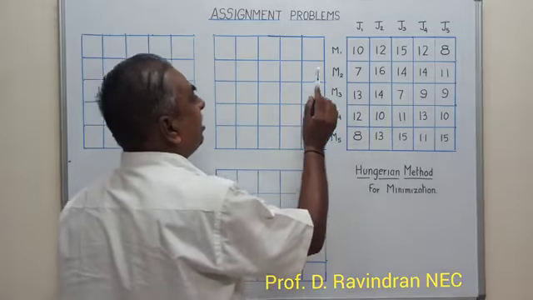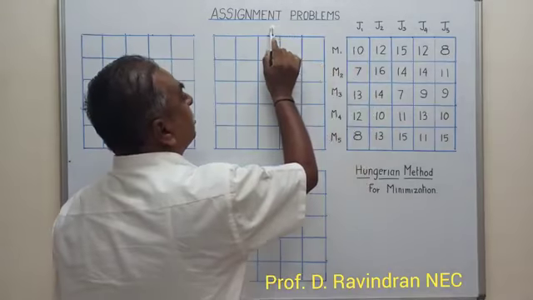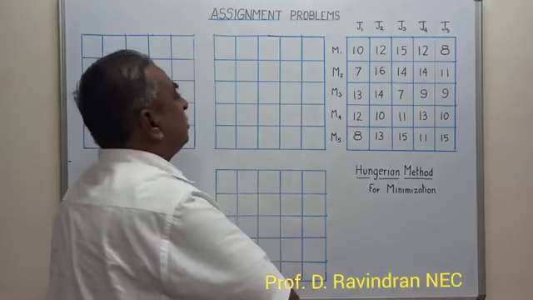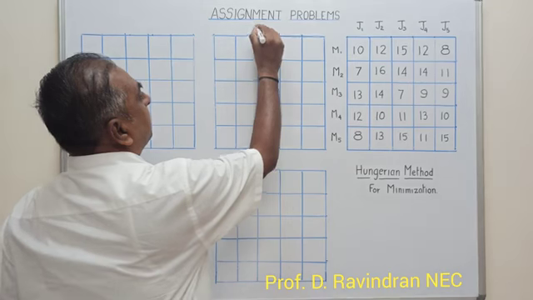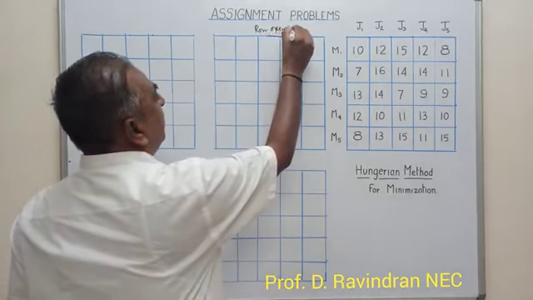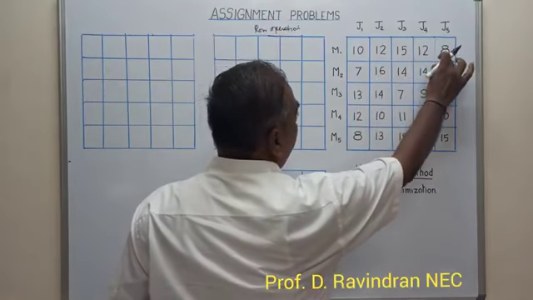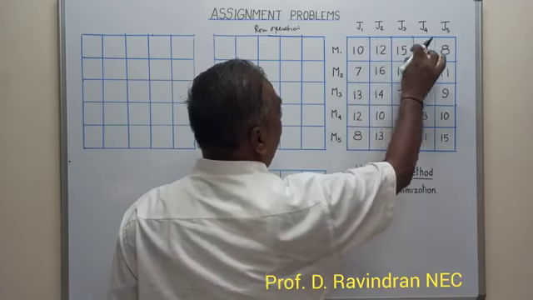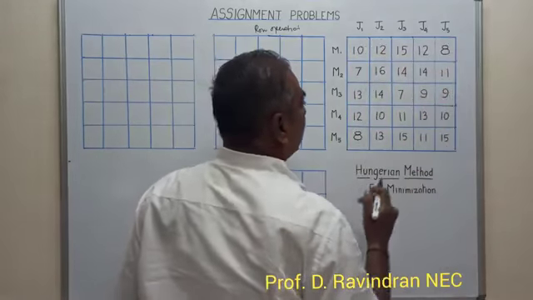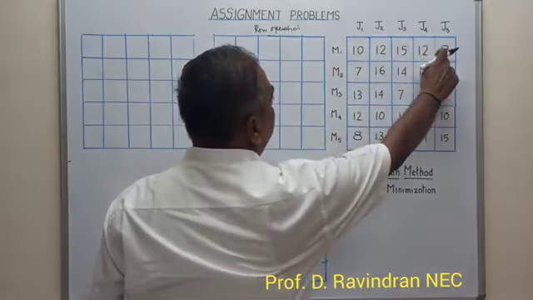In this, the Hungarian method says there are 2 steps. One is row wise operation, another one is column wise operation. Now this is row wise operation. In this operation, in the first row we have to identify the minimum element and subtract this element from all other elements. Similarly, we can pass on to the next row, so that all the rows are completed. In the first row, the minimum element is 8.